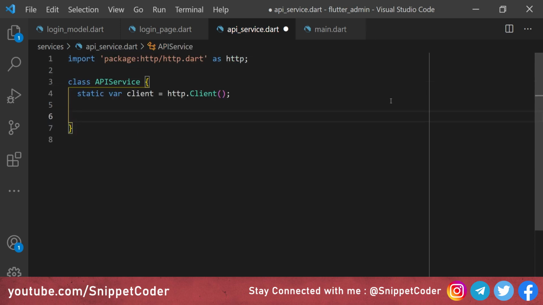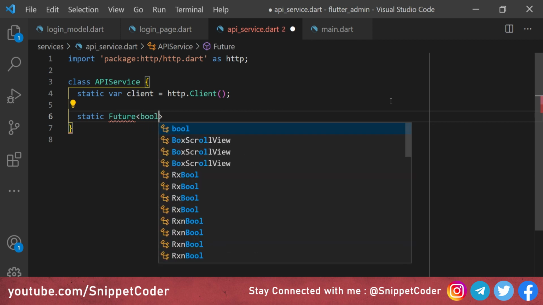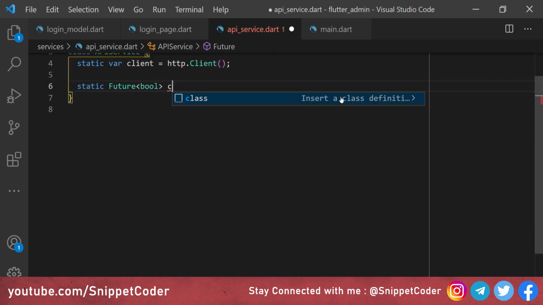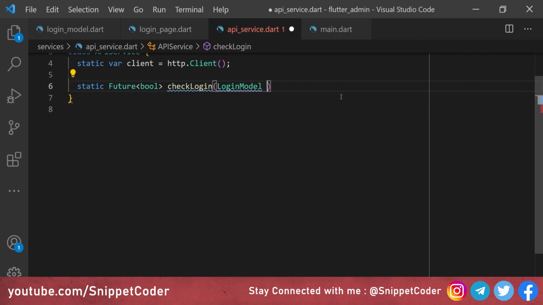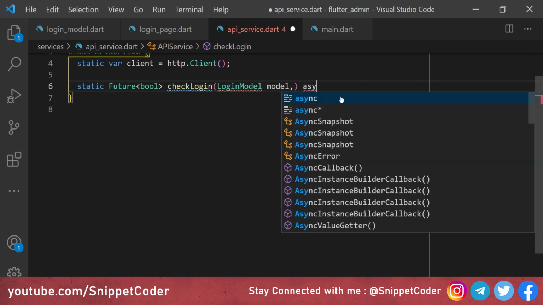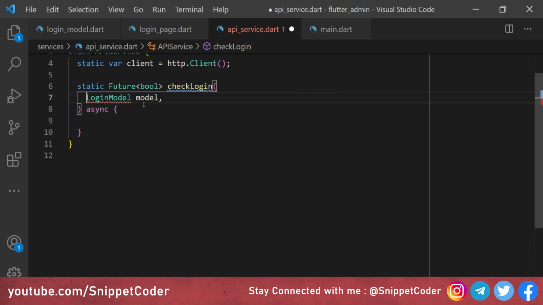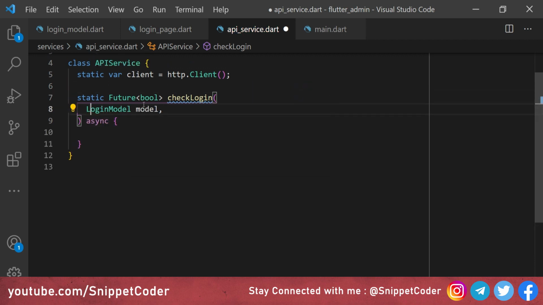Then here we will create one function, static Future with boolean return type. Then here we will have checkLogin, and here we will have model, and we will make it async here, and here we will import our model file.